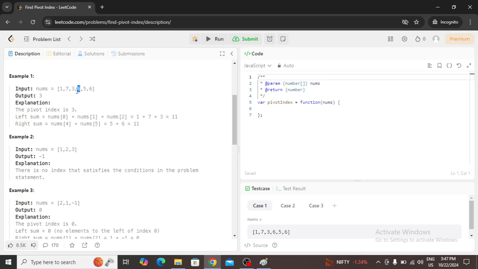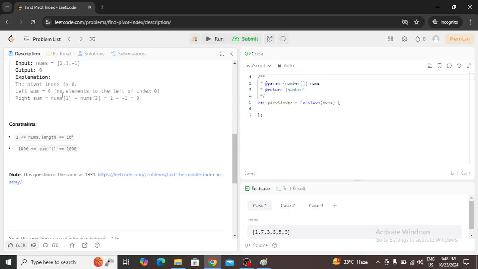So the left sum is equal to the right sum, and 6 is the pivot element, and we have to return the index of this element. So 0, 1, 2 and 3, the output is 3.